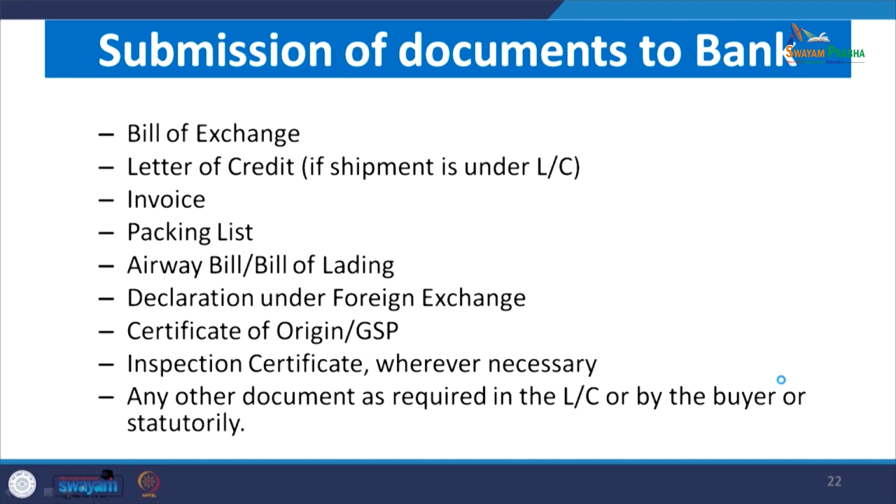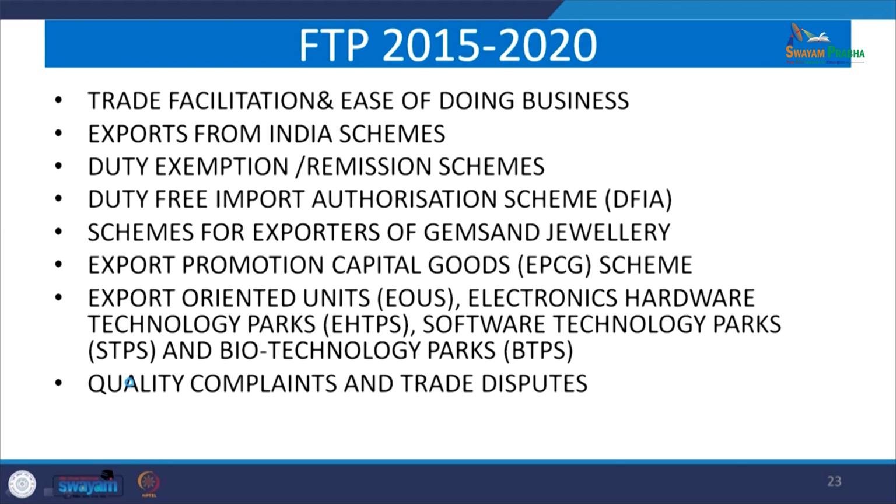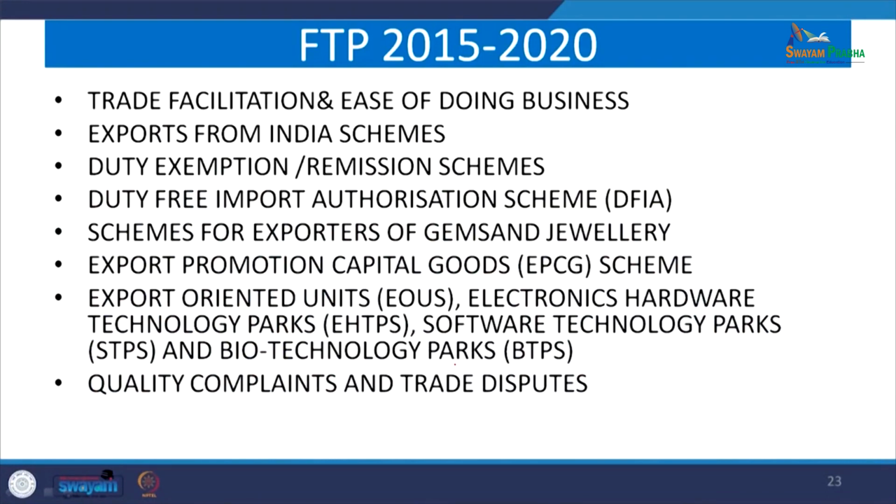Similarly, for submission of documents to banks, these are the bill of exchange. As I told you, banks require these documents for approving you or giving a certificate. So, FTP 2015 will carry forward this section, especially when we take up the FTP segment in the latter part of our discussion, where we will talk about some exemptions, trade facilitation, ease of doing business as per the Government of India documents. Especially the most important part is dealing with disputes. We will take it forward in detail.